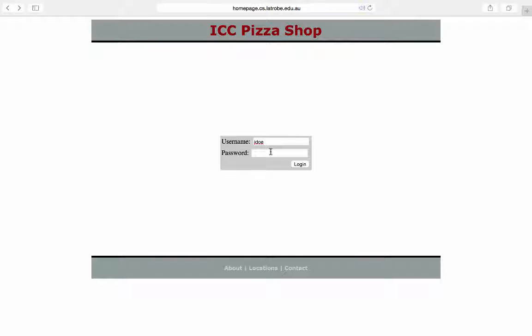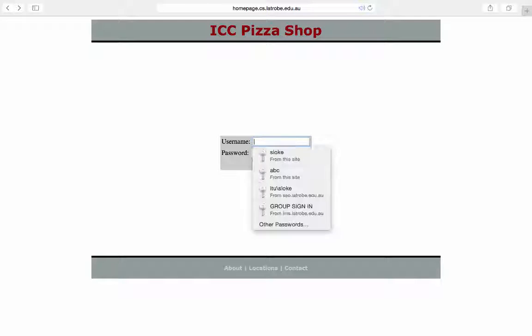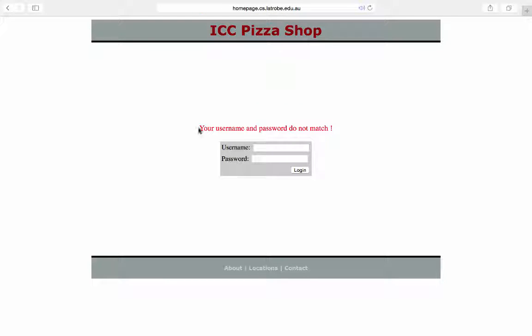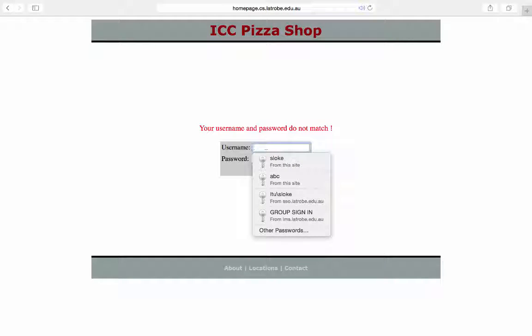Now here's another use of sessions, and this is a lot more common usage. You have a username and a password that you want to use to log into a particular website. Say I didn't use the right password, so I type in jdoe, and suppose that's the username, and I type in hello, which is the wrong password, and when I log in, it says your username and password do not match. You notice that there's an error message generated, and this error message is generated from the use of sessions. But if I log in with the right password,